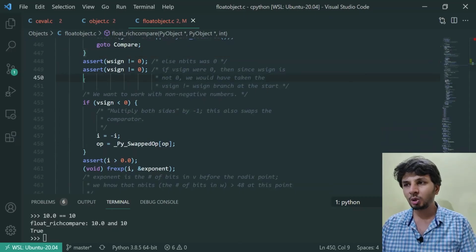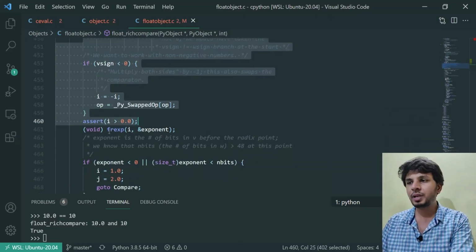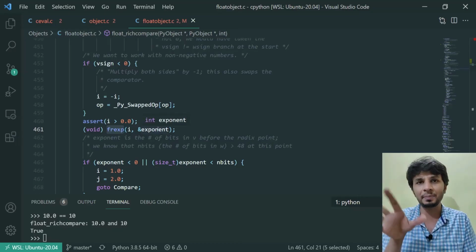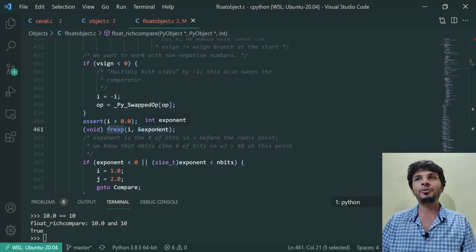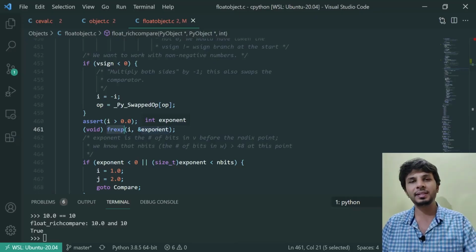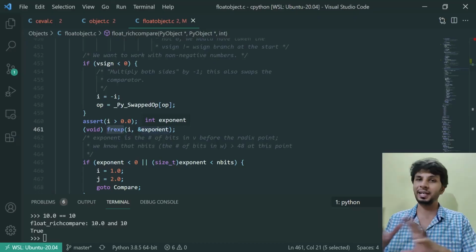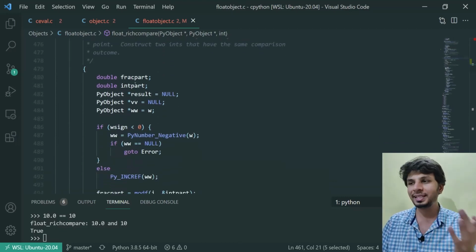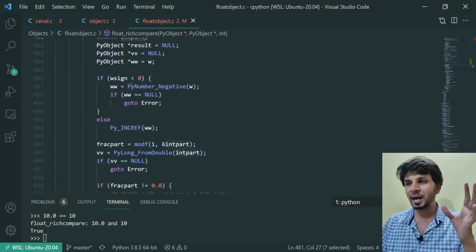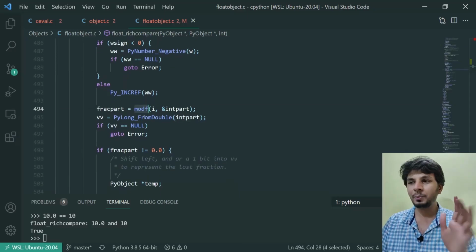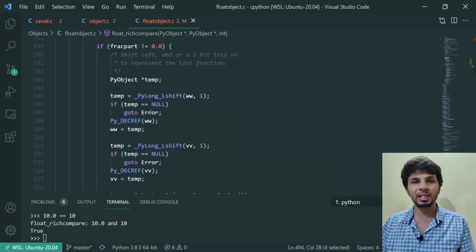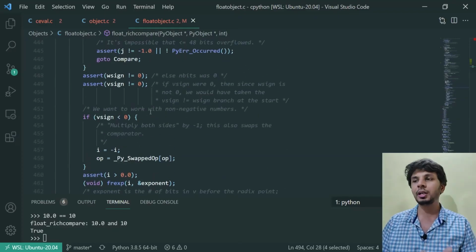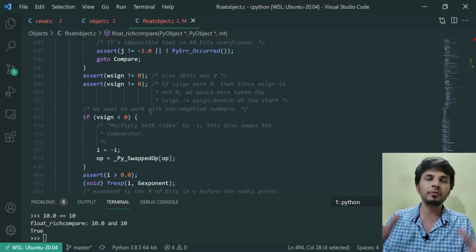That's when the core of this algorithm starts, in which we are doing this call, frexp. It is a function that gives us the exponent of the number which is there, right? So how floating point numbers are represented, all of that will come into the picture. If you just skim the part, we can see that it compares the fraction part, integer part, does some mod functions, so basically mod of float values, to find out which one is big and which one is small. This half of the logic would require a separate video, otherwise this video would become really big, right?